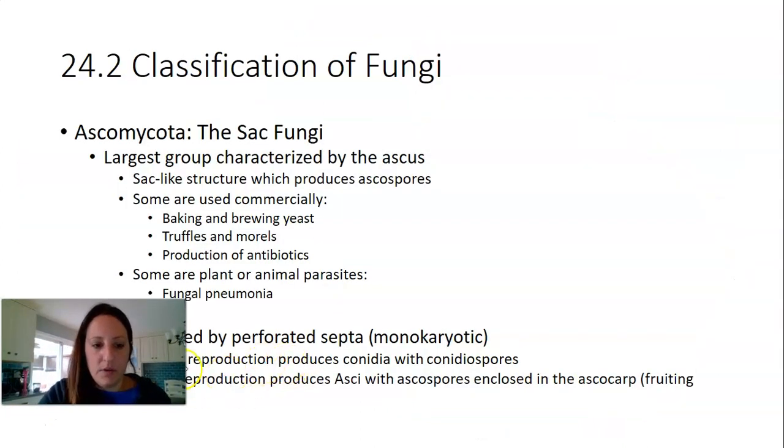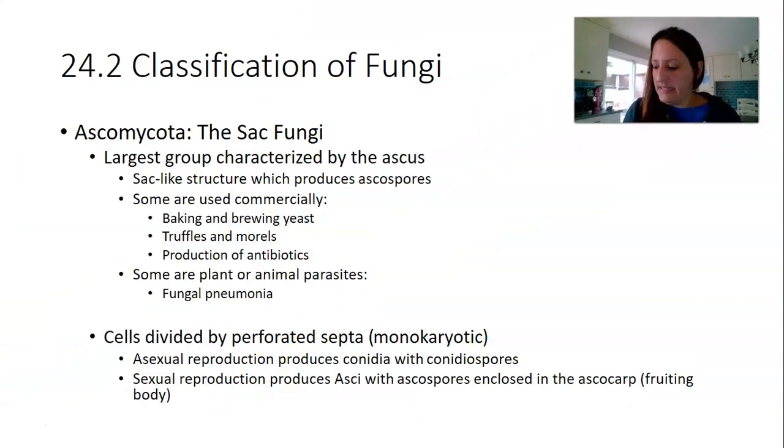So that was the Zygomycota. Again, our example in lab is going to be Rhizopus. You're going to be looking at two slides of Rhizopus. And then I think one of the unknowns will belong to that division as well, so it will be a Zygomycota. Two of the unknowns will be Ascomycota, and you're going to see examples of Ascomycota as well before you get to the unknowns. The Ascomycota are also called the sac fungi,